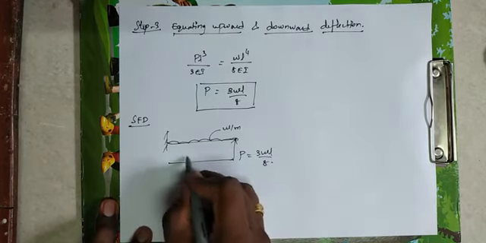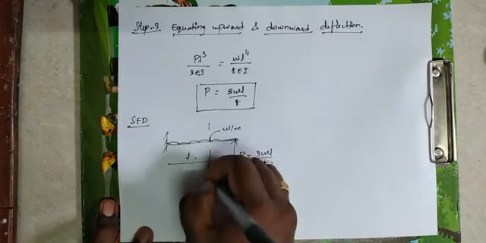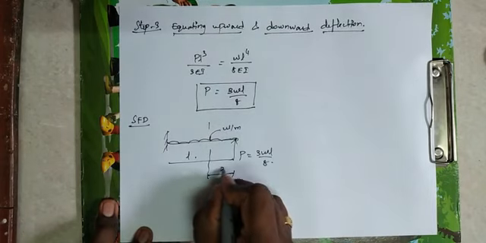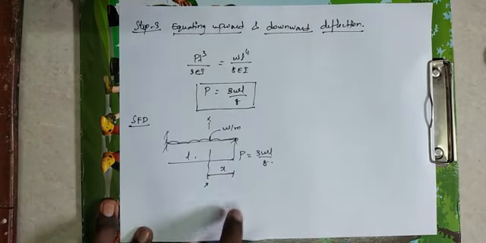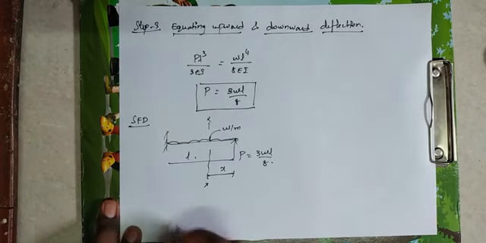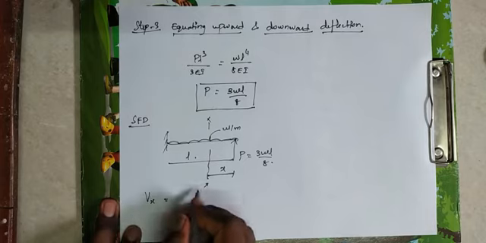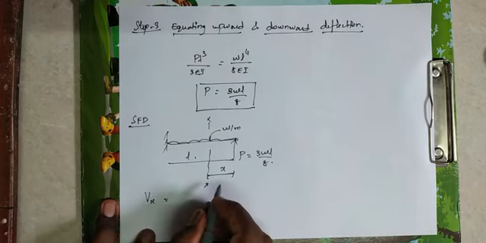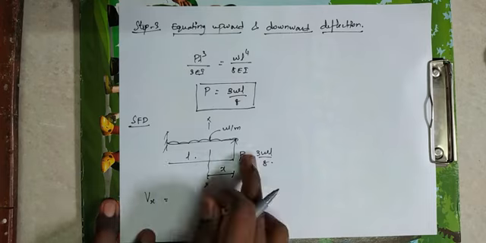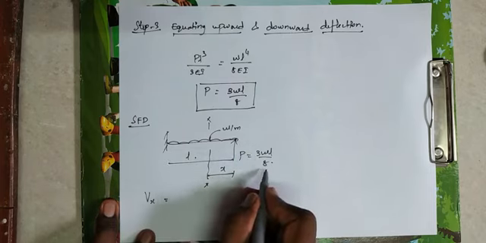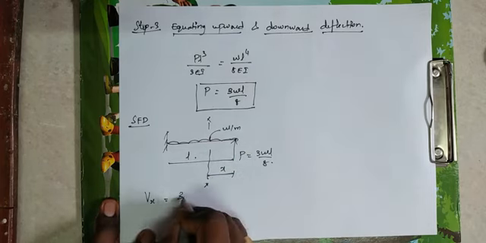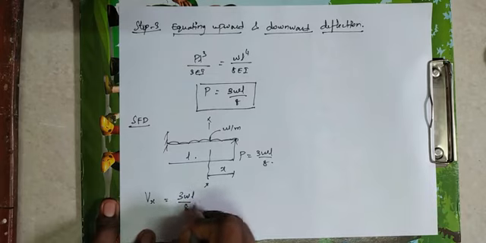The length of the beam is L. Consider a section XX at a distance small x from B. Now, the shear force at the section Px is the algebraic sum of vertical forces acting on the right side of the section, that is 3WL by 8 acting upward